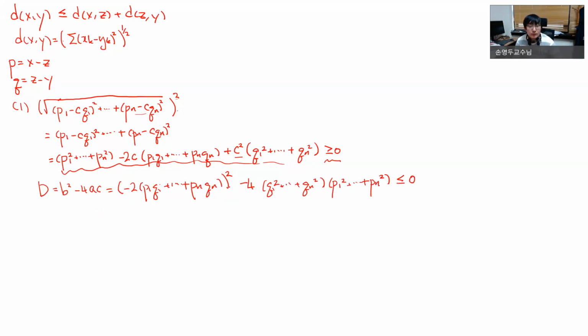So we can derive an inequality that (p1 squared plus ... plus pn squared) times (q1 squared plus ... plus qn squared) is greater than or equal to (p1 q1 plus ... plus pn qn) squared. Okay,